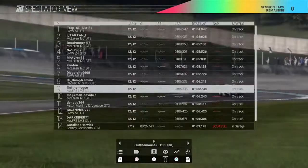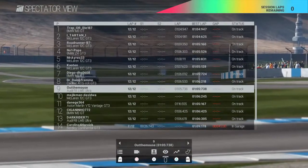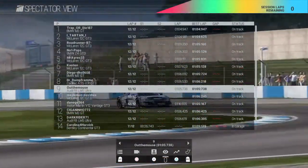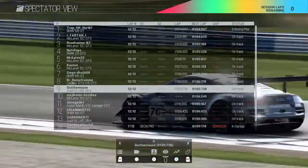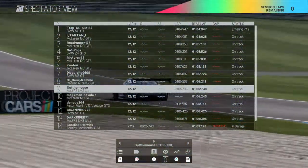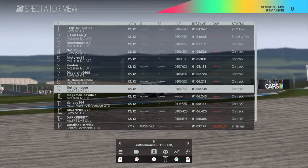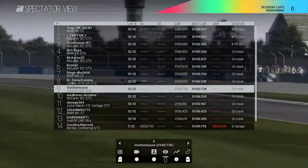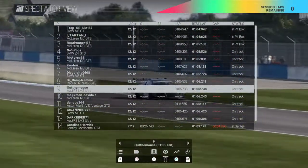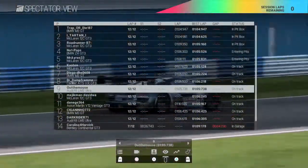in the pits as we look at the results, and you can see Trap in the lead there with a 104.947. Tartan with a 104.625 gets the point for the bonus fastest lap. Roadrunner there in one of a 105.160. Pops there again, managing to nick the 2 spaces that he had. He would have been 6th, but with a McLaren battle going on, he's managed to sneak in there with his